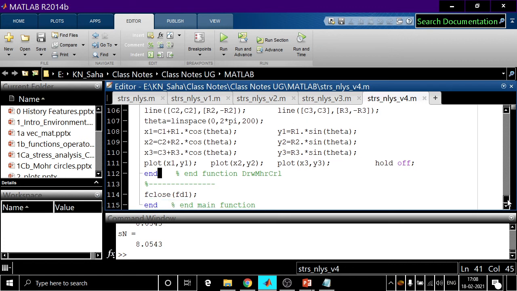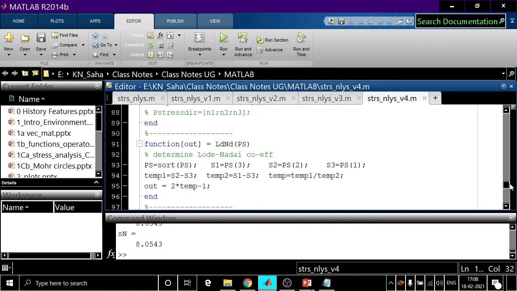Afterwards, we didn't create any function, right? It was the end of function Mohr circle, and then this was the end of the main function. Before that, we have to close the file which is open. Corresponding to fopen, we have an fclose command here.